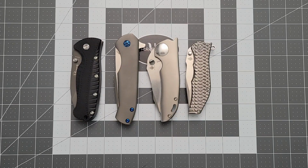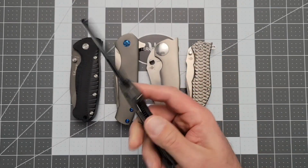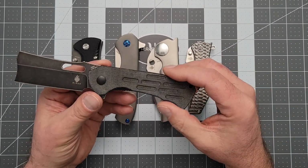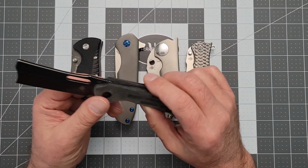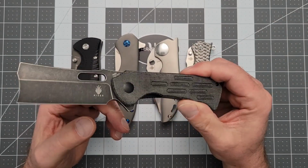I'm not a huge fan of the newer Kizer stuff. Some of it's interesting. I am kind of a fan of the Quatch here, right? That's a nice knife. But this is really representative of what Kizer is doing now. They're a little softer, a little smaller. Materials like N690 and 154CM are very common. I think they're still using VG10 and some stuff. It's a great knife, but